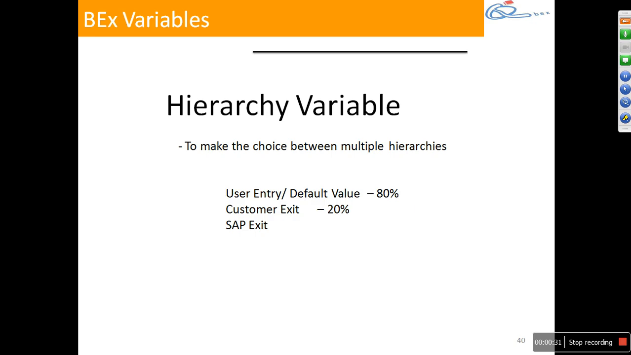So when you say hierarchy variable, when do we use it? Say for example, I have a characteristic called customer, and we have built hierarchy in the back end. But let's say there are multiple hierarchies built on the characteristic customer, and I would like to give flexibility to the user to select any particular hierarchy for the display. Then I can go with hierarchy variables. For example, if you see,